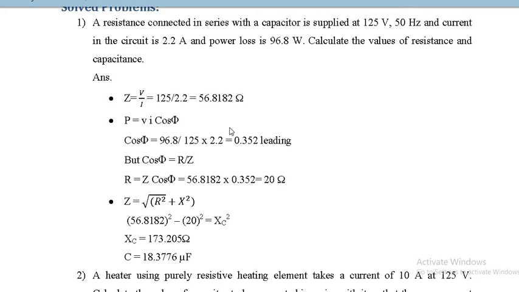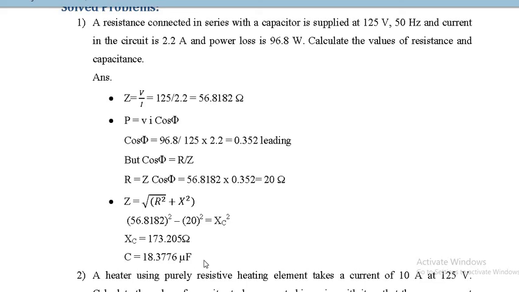ohm. Now knowing the values of Z and R, you can find X, as Z is equal to the square root of R square plus X square. So you can find the value of Xc. The majority of people make a mistake over here: they stop here. No, you are asked the value of the capacitor. Calculate the values of resistance and capacitance. So you don't have to stop when you calculate the capacitive reactance. You have to equate it to 1 upon 2 pi f C and then calculate the value of C as 18.3776